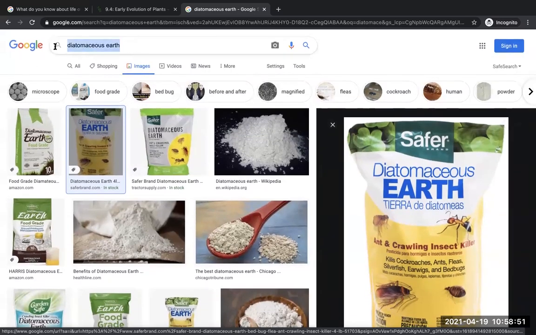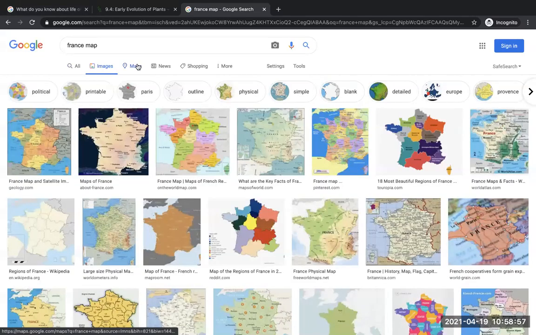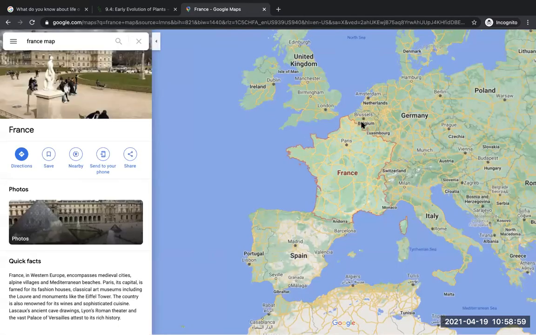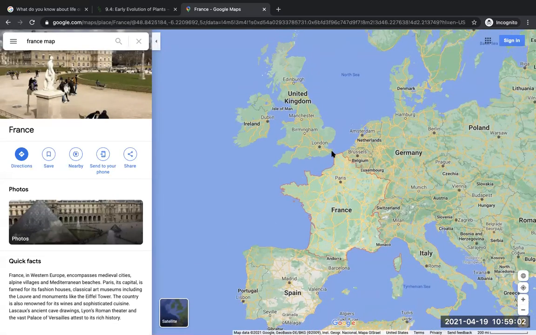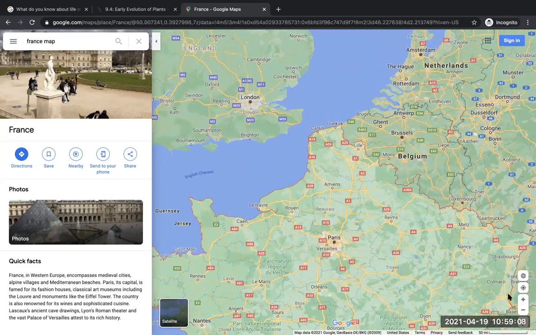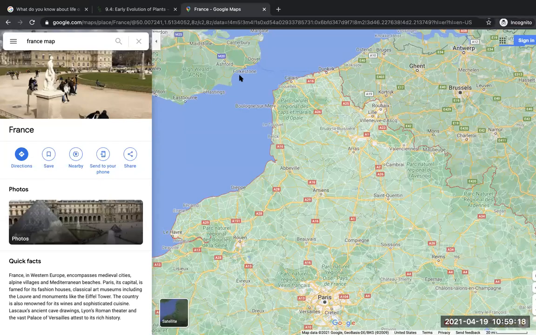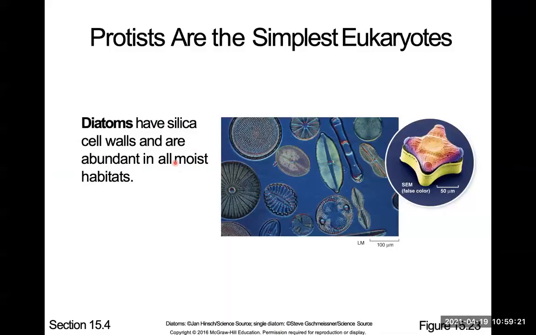So let me try to show you France. Those White Cliffs of Dover are found in this area. I don't know if you heard about Julius Caesar, he wrote about it. So here, that's Dover. It's found between Calais and Dover. That's where you'll be able to see those diatoms if you ever go. So that's diatoms, and they are single cell organisms. Protista includes both single cell and multicellular organisms.